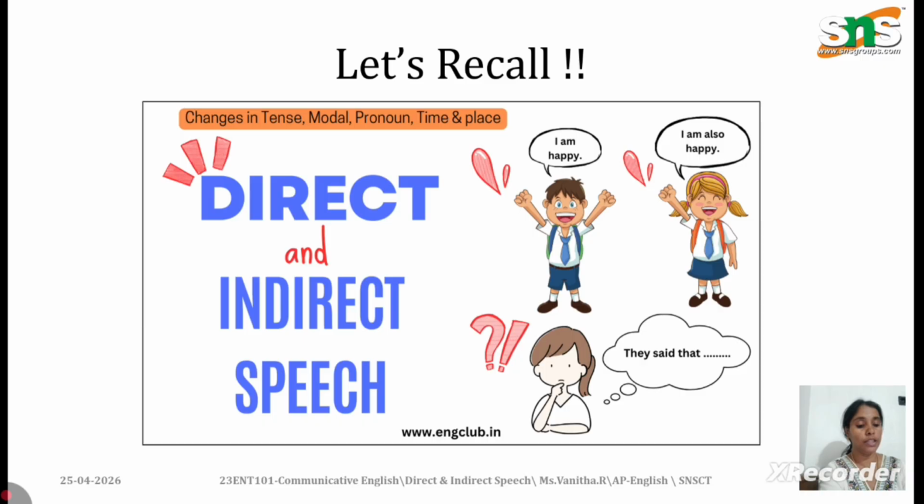The next thing you should remember is question forms. When it is a question form, use if or whether. No question marks. You are not supposed to use question marks in indirect speech. Instead, we use if or whether. Like, he said, are you ready? Inside the quotation, I use the question mark in the direct form. So, he said, open quotation, are you ready, question mark, and then I close the quotation.